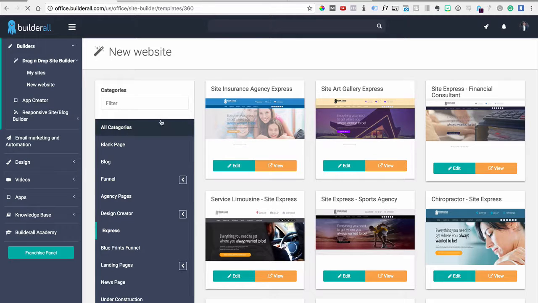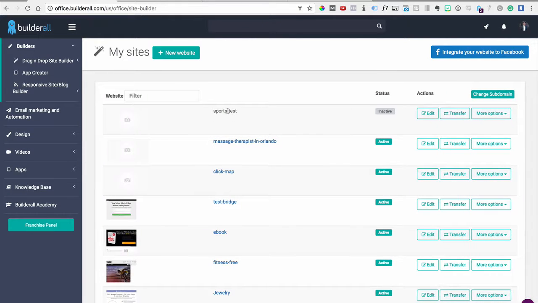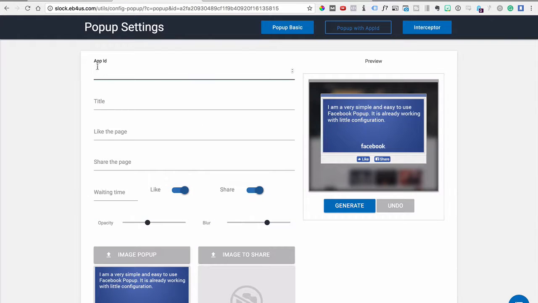Let's go to my sites, and I have one already that I had initially started, which is the sports test. I'm going to publish this site so we can start using it, and while it saves, I'm going to the pop-up screen, and here is where you would insert the app ID. So in order to do that, you just got to go to